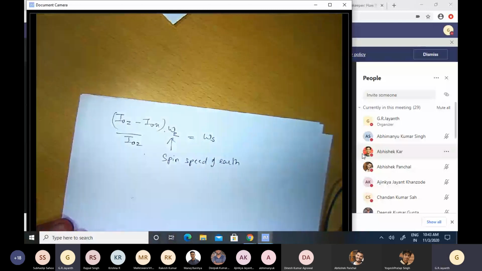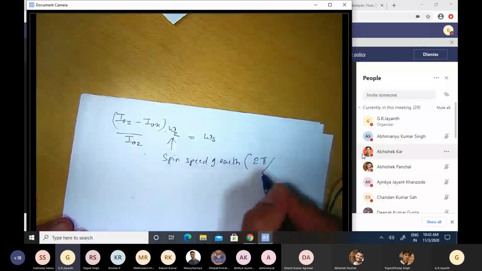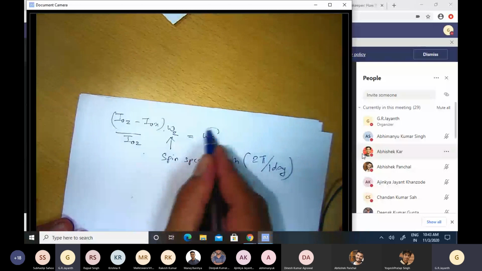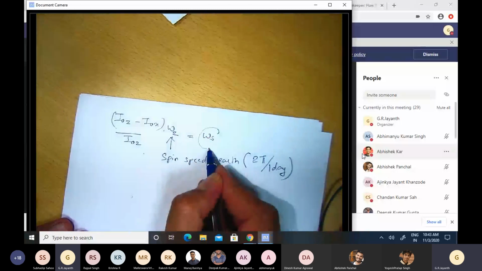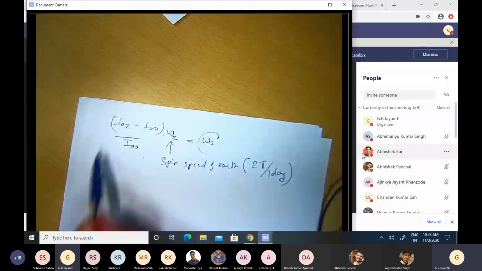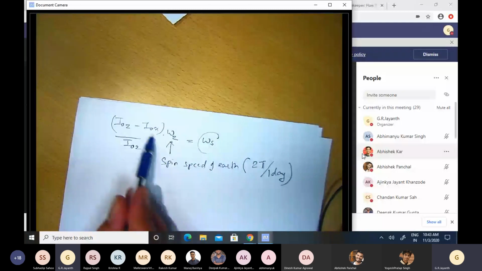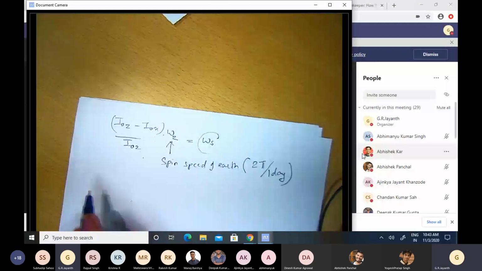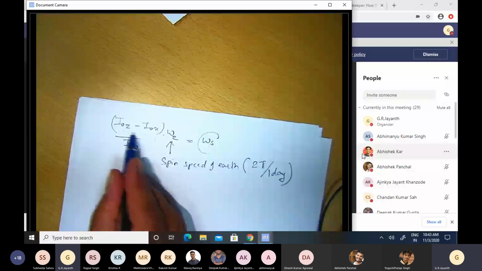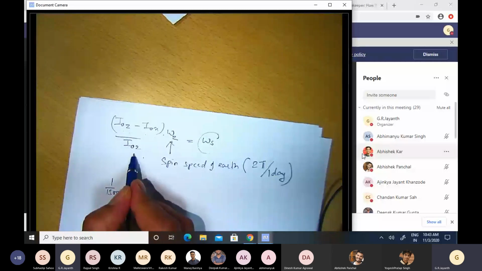And what is that equal to? 2 pi radians in 1 day. There is a certain amount of wobble associated with this. Again, I'm sorry for mixing up these terminologies. In relation to Earth, it is the opposite of whatever I talked about in connection with the frisbee. But it turns out that this term here is around 1 by 300. So this difference in moments of inertia between z-axis and x-axis, relative to that of z-axis alone, is 1 by 300.